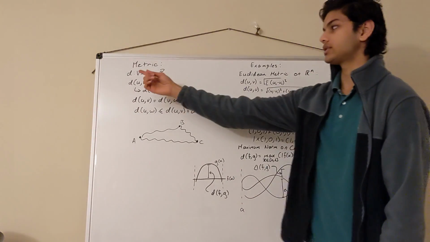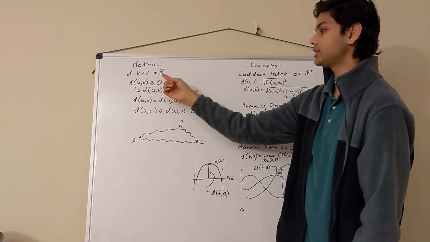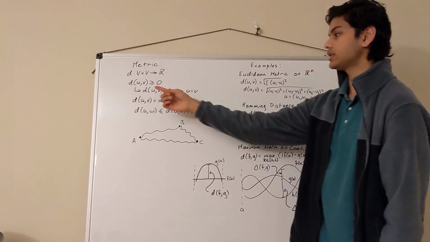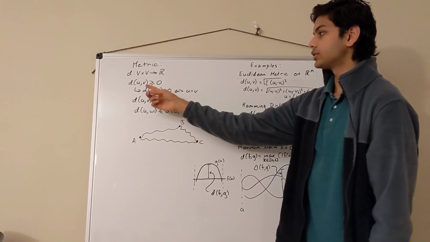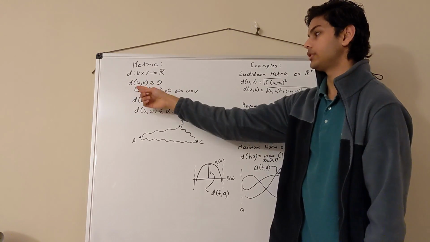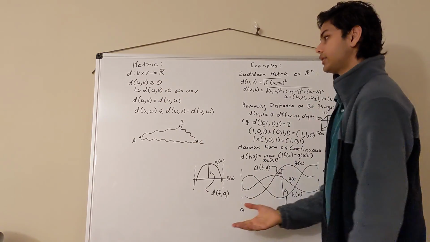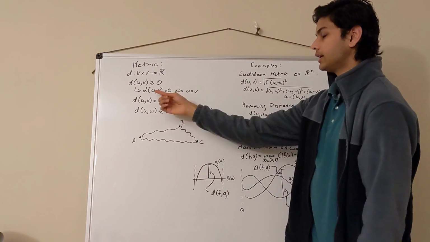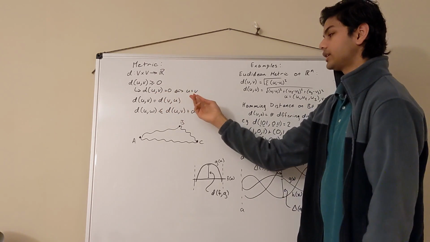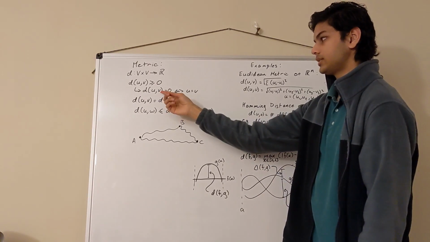So formally, a metric is a function d, which takes in two vectors as inputs, that's what this V cross V means, and then gives you a real number as output. We'll go over a couple examples of this, but first let's state the axioms. First, the distance between any two vectors, when you take u and v as your inputs, must be a real number which is greater than or equal to 0, so a non-negative real number. And if the distance between two vectors is 0, then the two vectors are the same vector, or conversely, if the two vectors are the same,